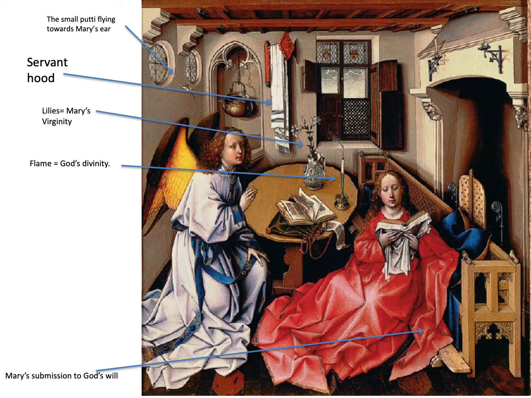I think the S curve is a little bit easier to recognize here in the detail. If you take your finger and start where Angel Gabriel's heel touches the picture plane, move it to the knee, back towards the hip, and up towards the shoulder, you see that S curve that I'm discussing.